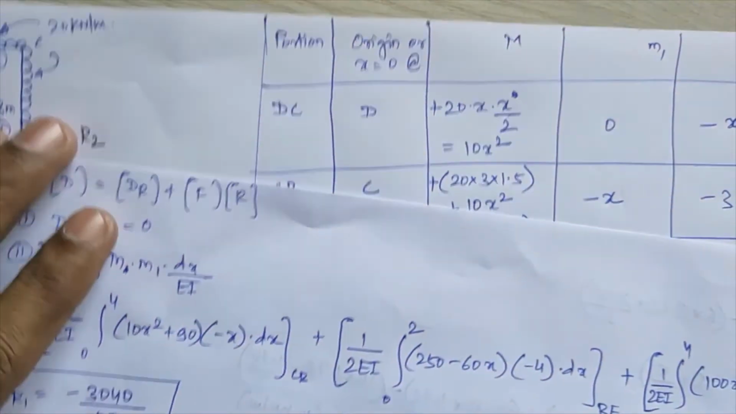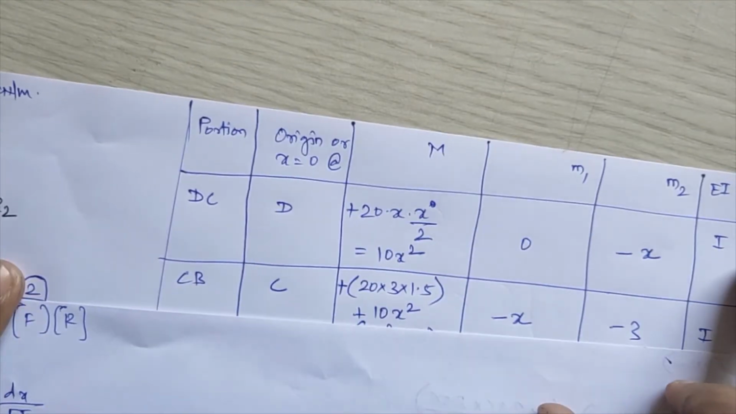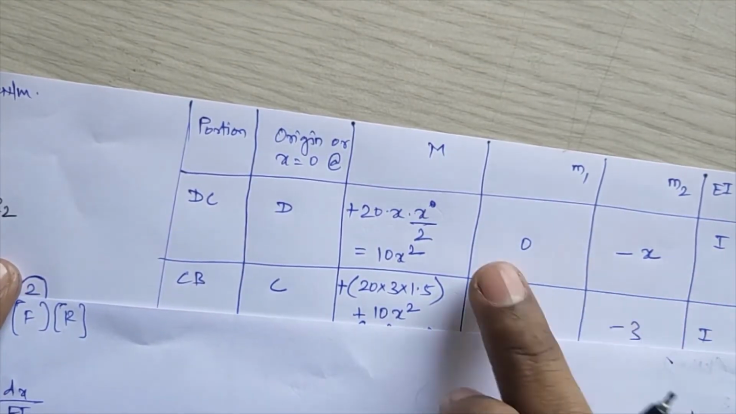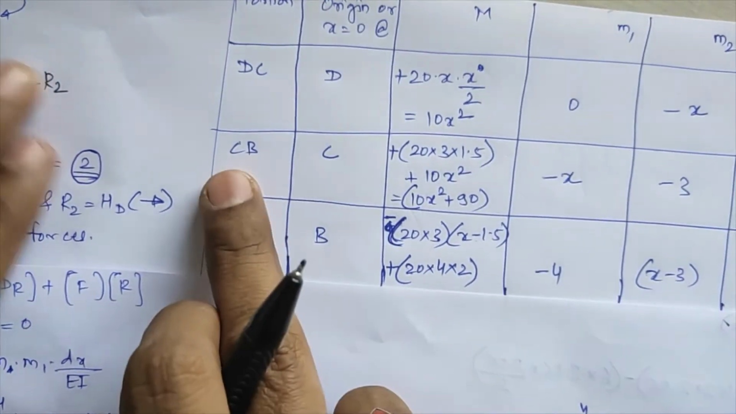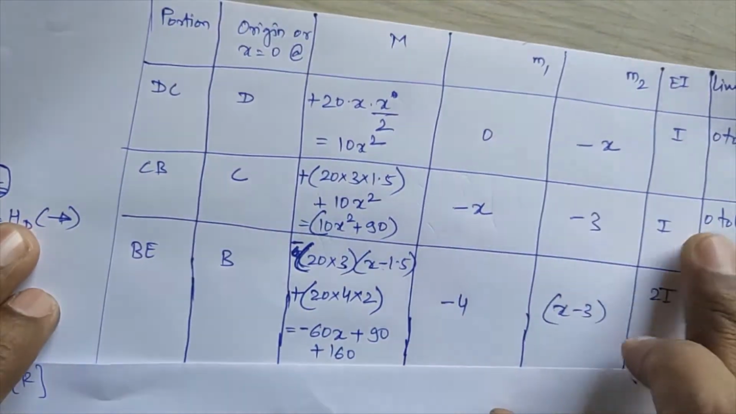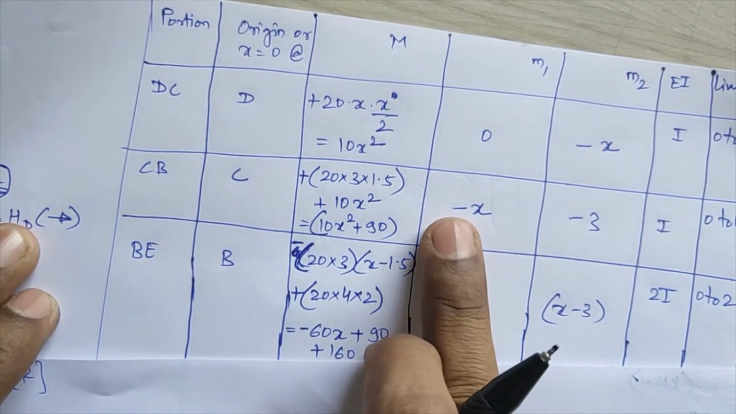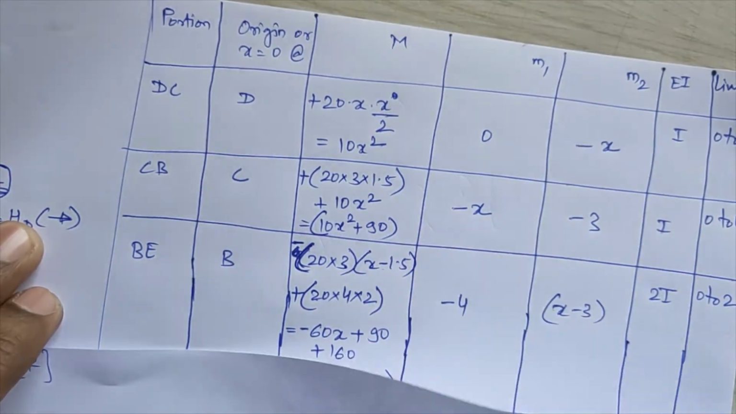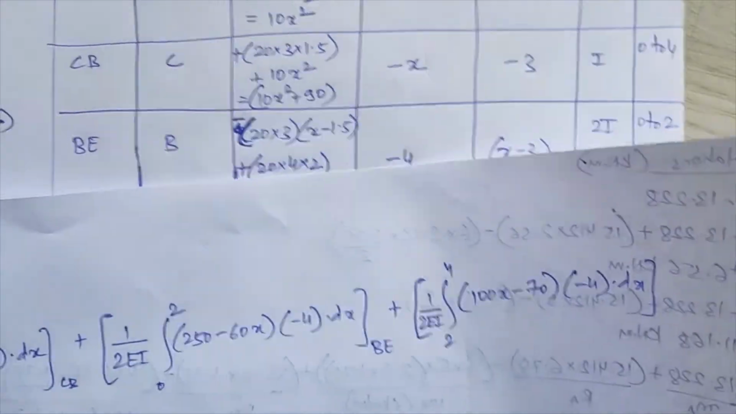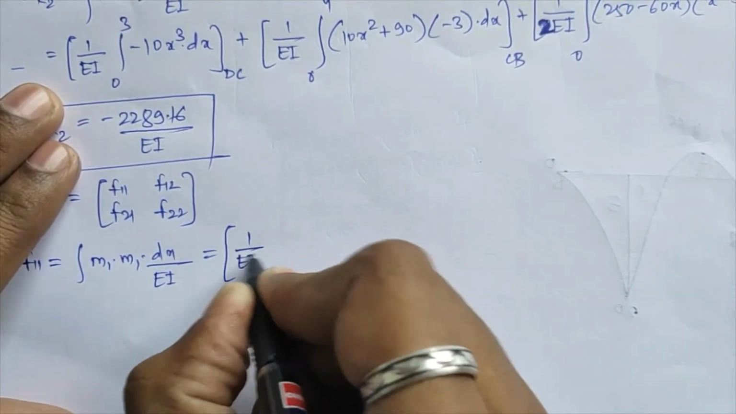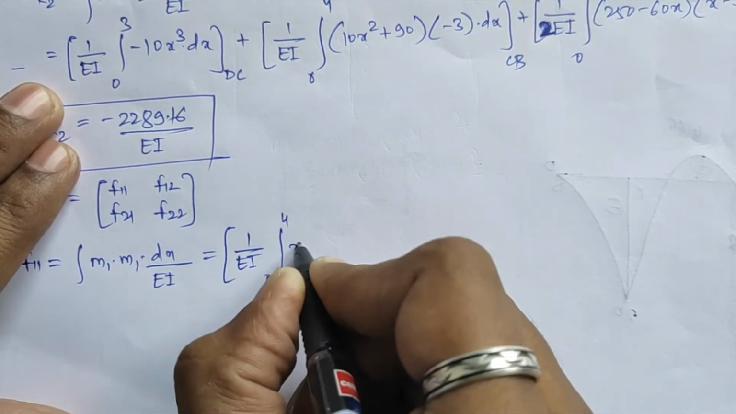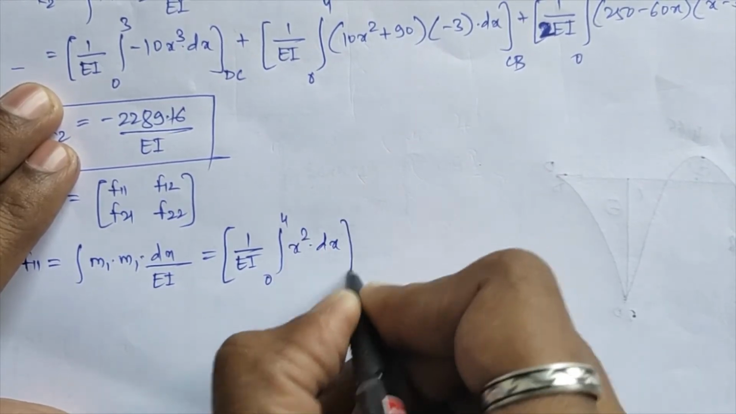So for the first portion DC, limits of integration from 0 to 3, the m1 value is 0, so that will become 0. Next for portion CB, limits of integration from 0 to 4, this will be minus x into minus x, so that will become plus x square. So here my value comes from 1 upon EI, 0 to 4, x square dx, that is for my first portion CB,